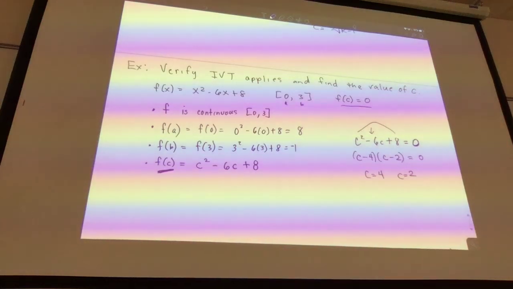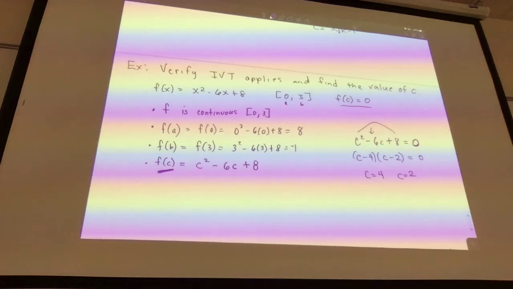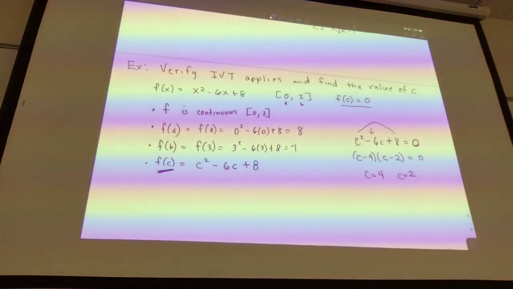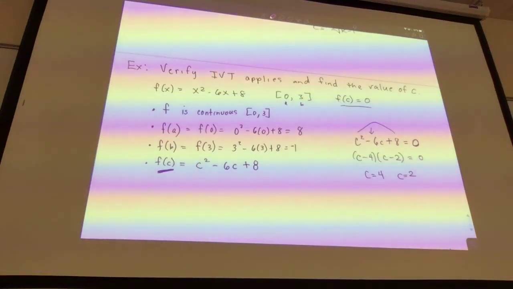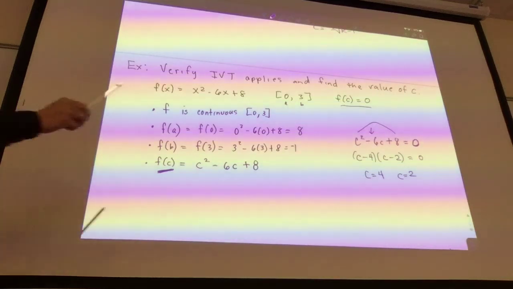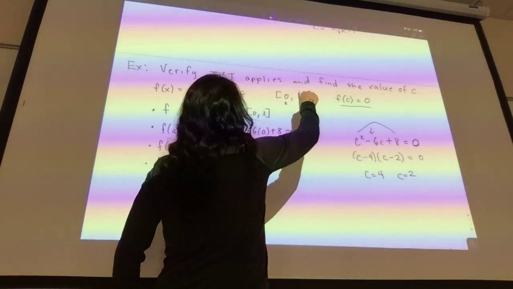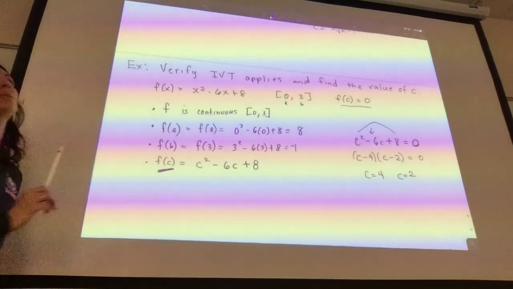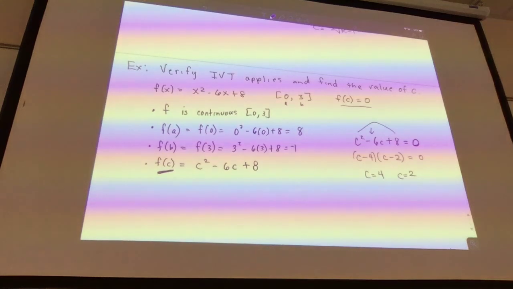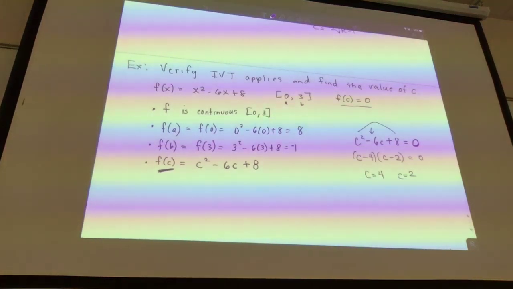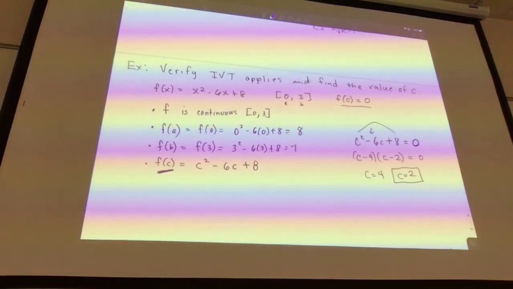Now, those are the values for C that are true, but only one of those answers counts. And I need you to tell me why. It has to be 2 because it's continuous from 0 to 3. It has to be in the interval that they ask us about. And it falls in between. So after you get your values for C, you have to go back to the original problem and check the interval that's in question. So we would say C is equal to 2, and our note is that